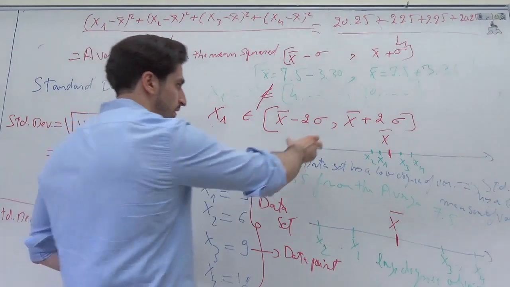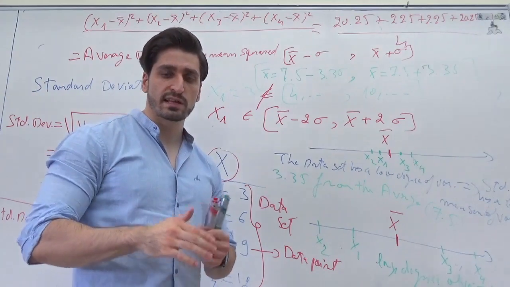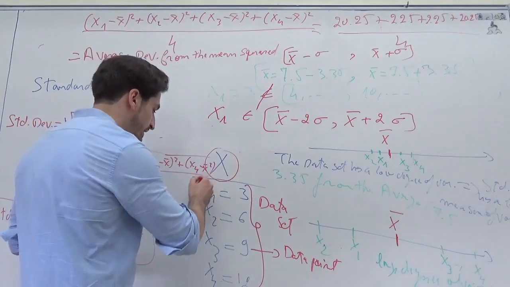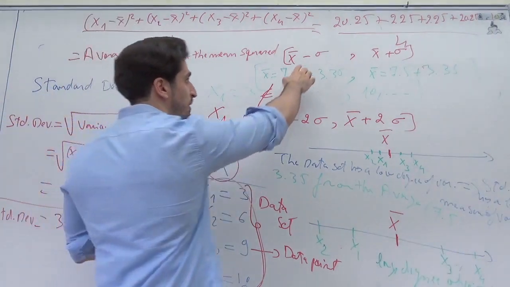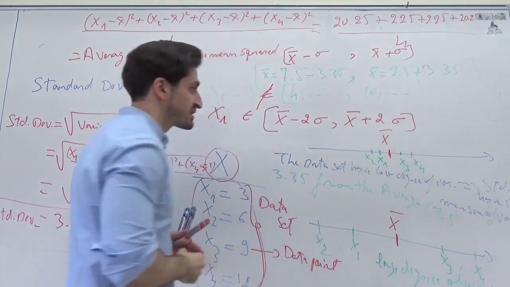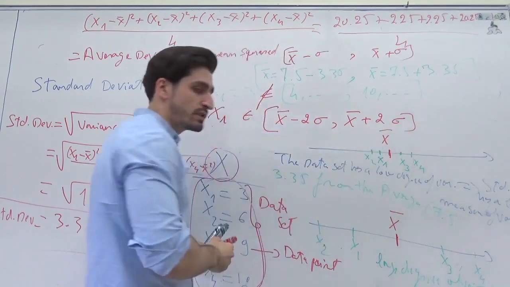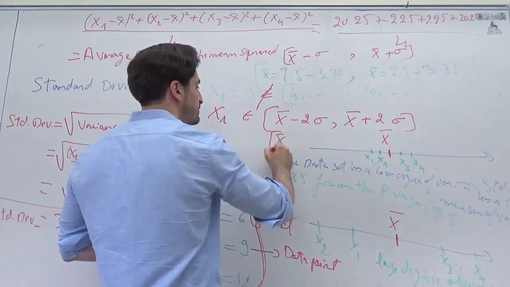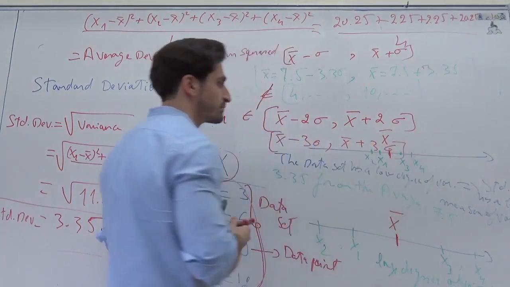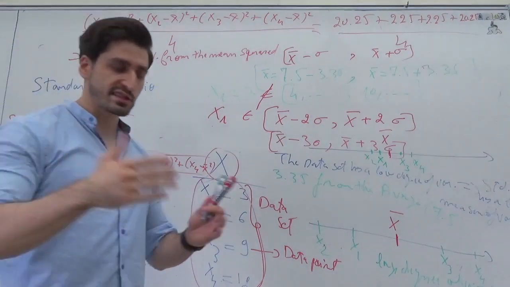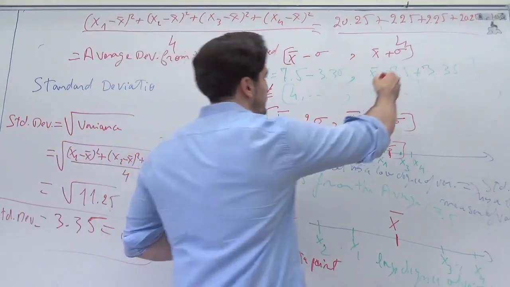So the point behind all of these intervals is actually to find a certain margin, a certain range where your entire data points are going to be included. Are they all going to be included in x bar minus 1 sigma and x bar plus 1 sigma? Or are they going to be included in x bar minus 2 times sigma and x bar plus 2 times sigma? Or are they going to be included in x bar minus 3 times sigma and x bar plus 3 times sigma, etc.? In theory, they say that 68% of your data points are usually found in that first interval,